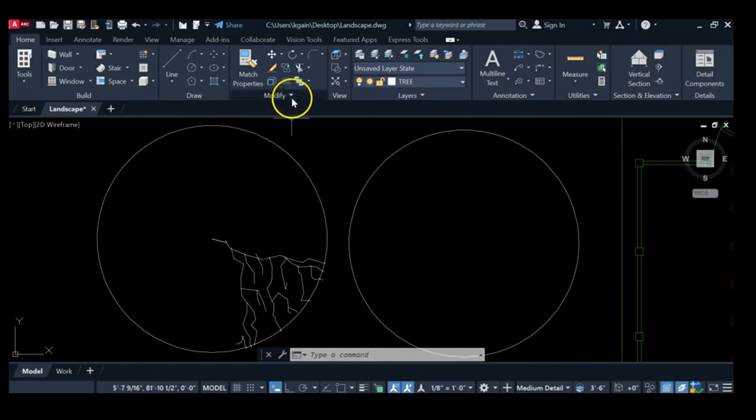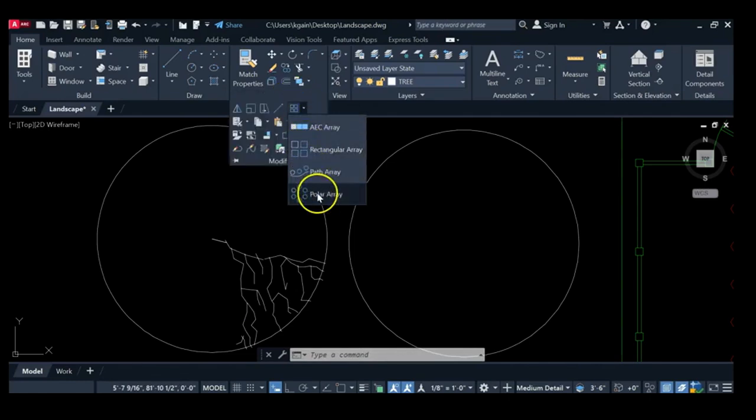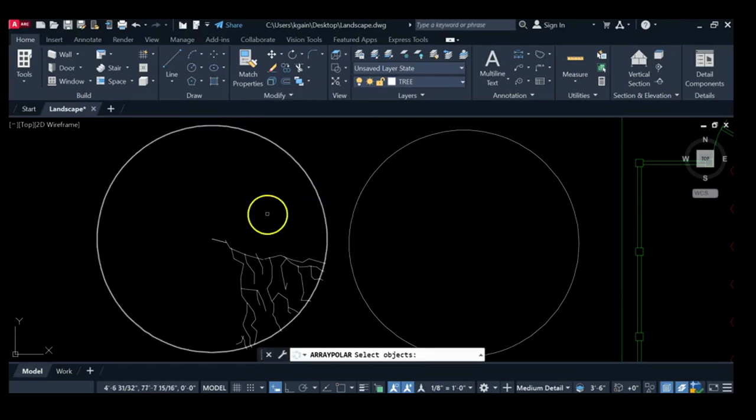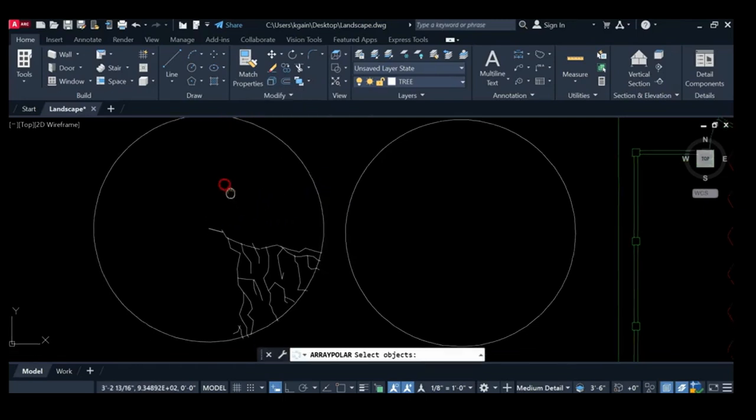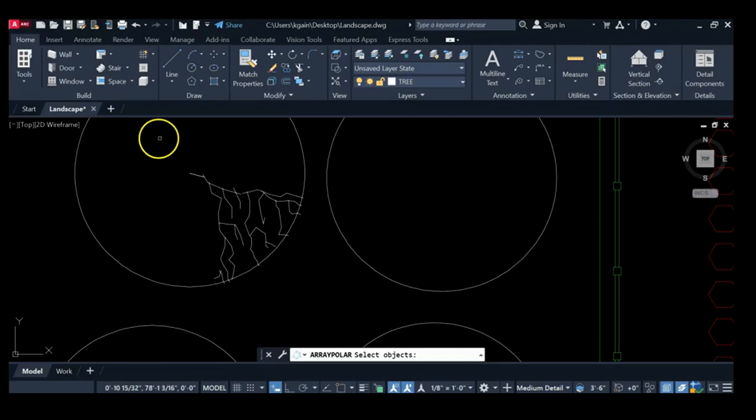Underneath modify by your rectangular array is your polar array. Single left click on polar array. This is where the front drag and back drag are very important. I'm going to anticipate a box from here to here. I'm not going to drag a box, I'm just going to single left click and let go of my left mouse button